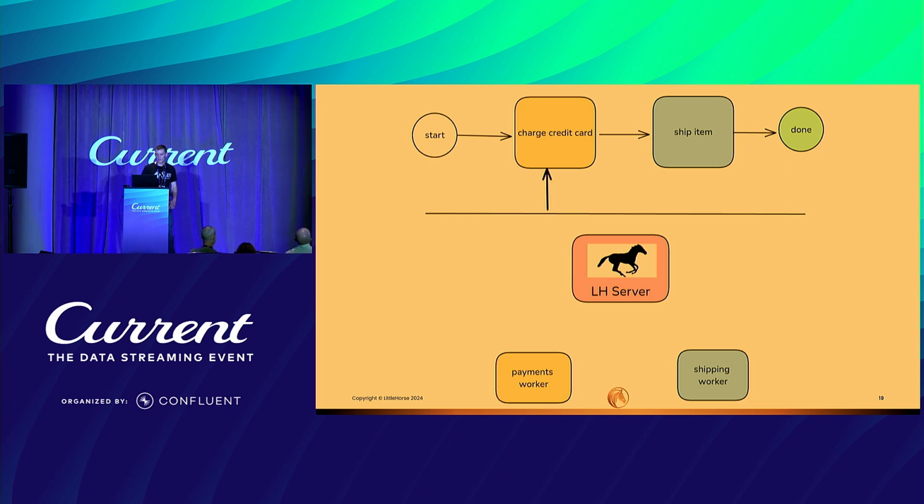Well, we go to the first node. That means we need to charge the credit card. So LittleHorse is going to dispatch a task to the payments worker, and it's going to say, hey, execute the charge credit card task. The payments worker is going to think about that for a little minute, and then it's going to say, hey, I'm done. The LittleHorse server will get that response, think about what to do next, and then decide, hey, let's move